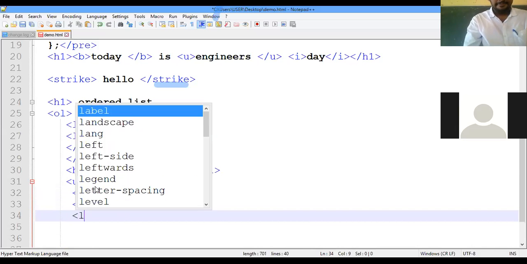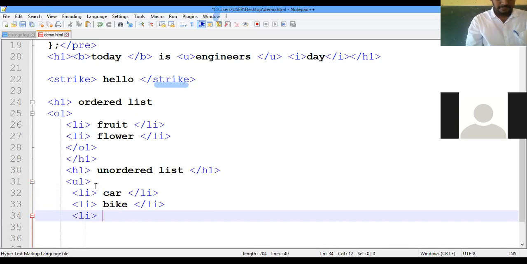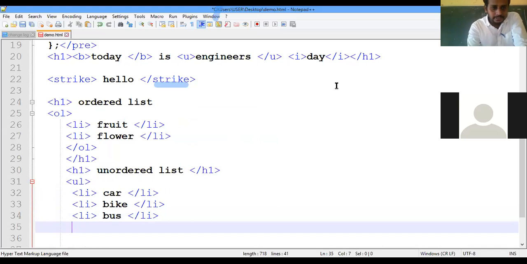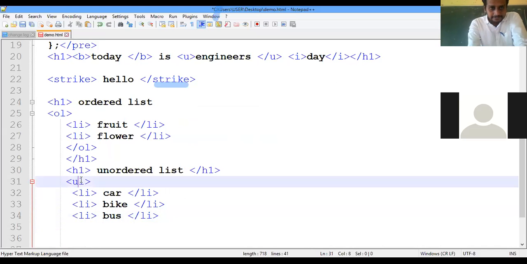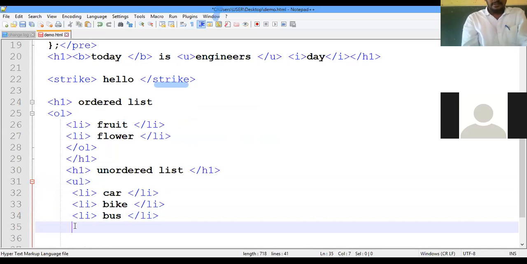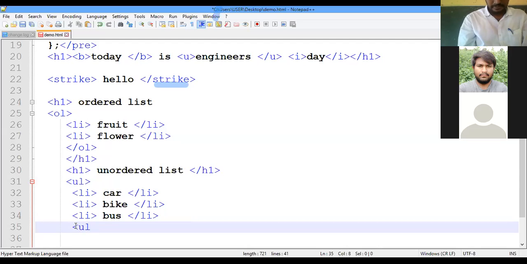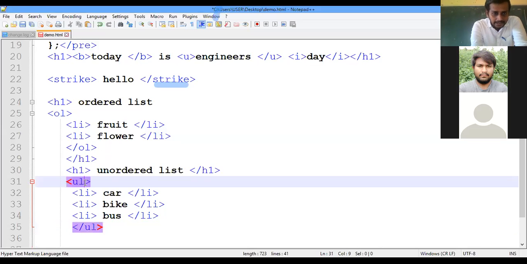Next we will write bus. Here I have written 3 items. So the unordered list is started and it should be ended. End of the tag, unordered list UL. Now the unordered list is ended. It started here and ends here.